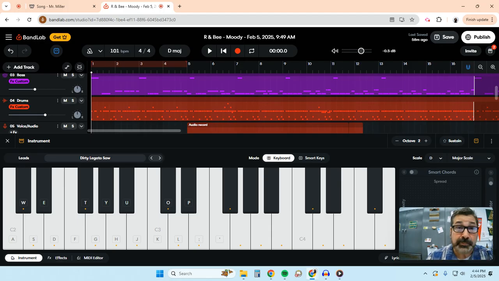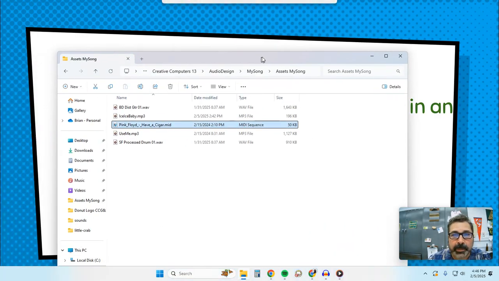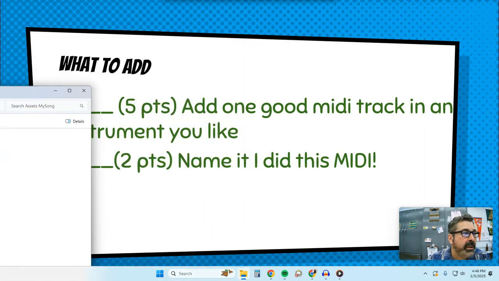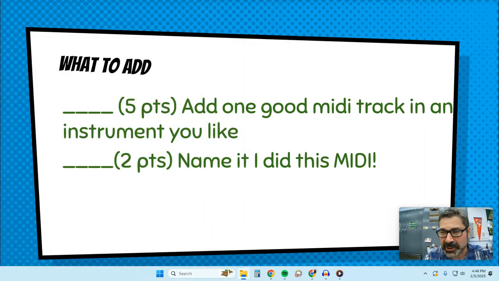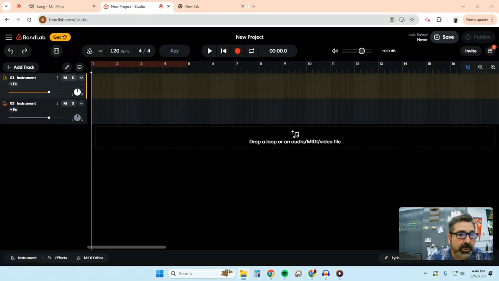Okay, let's see what's next. Let me show you one more thing here before I'm totally done. What I've done is I went online. I'm not going to show you the whole step, you can ask about it. But I went online and searched for MIDIs, and I found a Pink Floyd song, "Have a Cigar." I downloaded that into my Assets My Song folder. Basically somebody took a Pink Floyd song and did all the different instruments for it in MIDI. So I open a new project in BandLab, and then I'm going to grab that